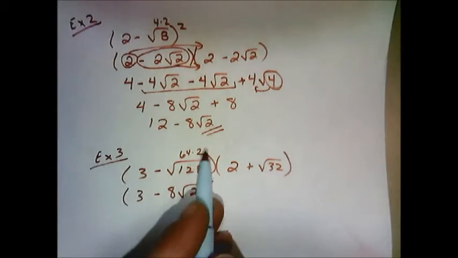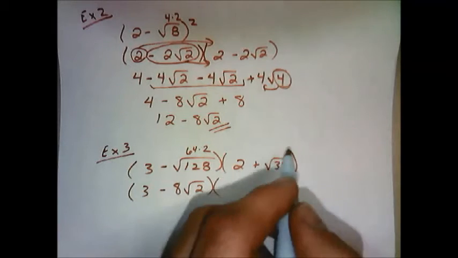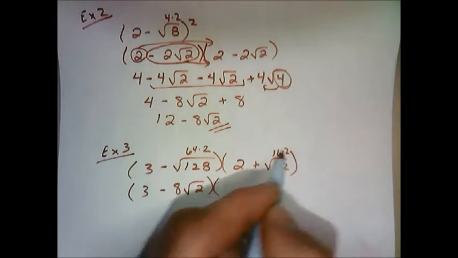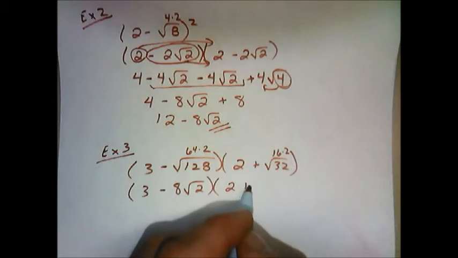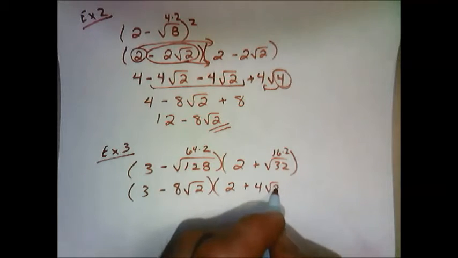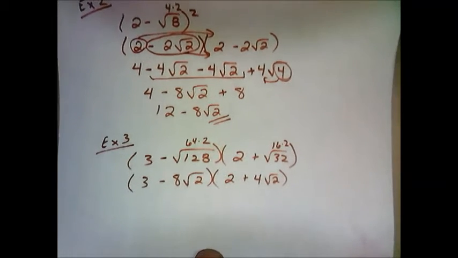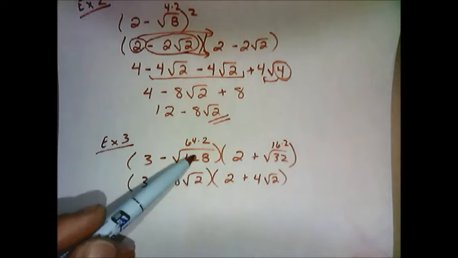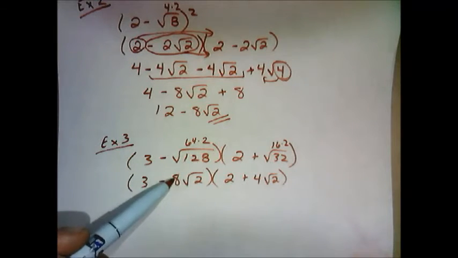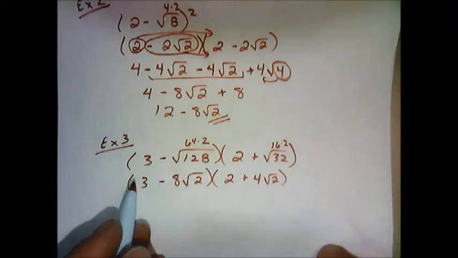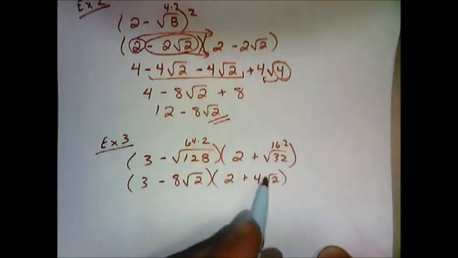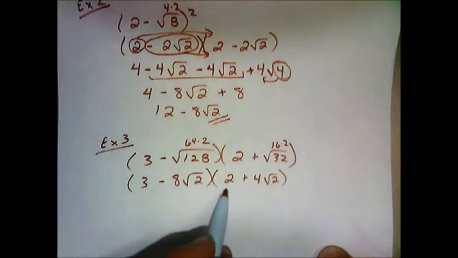And in our second quantity, we can simplify that square root of 32. That's 16 times 2. So I have 2 plus 4 square roots of 2. Notice how much smaller my radicals become by taking out that perfect square. Now we can go ahead and distribute the 3 into our second quantity, and negative radical 8 into